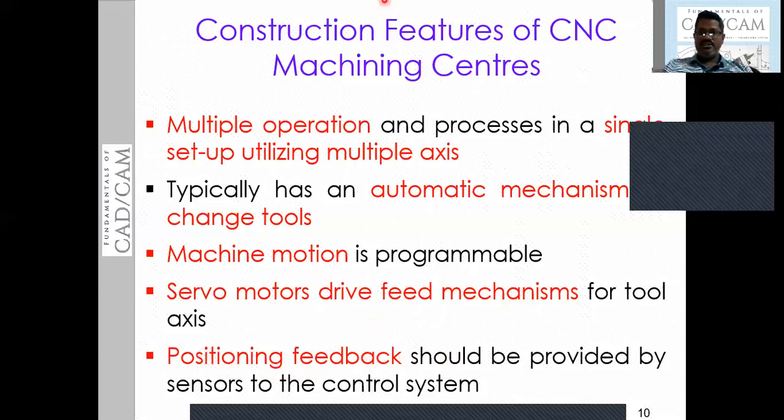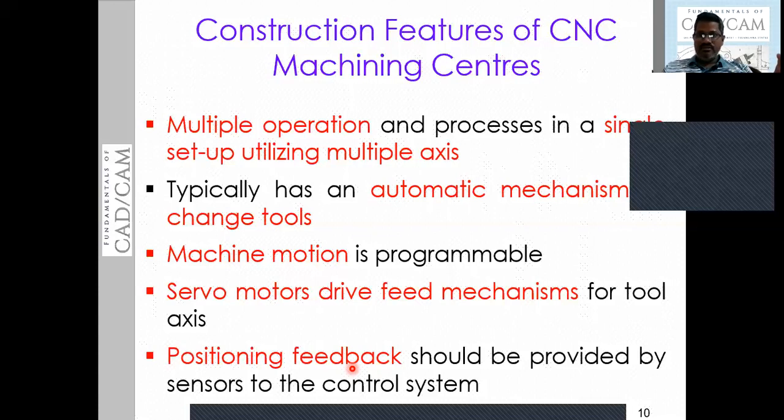I mean, the CNC system must have provision of a feedback system. In the last chapters or previous sessions, we have seen that a feedback system, or closed loop system, takes the error signal from the table or from the tool, because if there is any variation in the displacement or the location of the tool or the table, that error will be sensed by the sensors at that location.